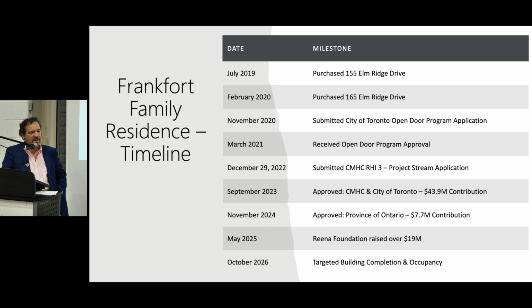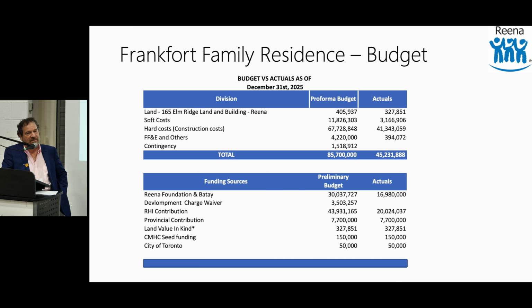The budget model, again, is a total of $86 million all in, and I point that out because we count everything. Whether we end up paying it or not, we see it as an expense. We can take it as a credit on the other side. It's important to frame it that way in your discussions with funders and donors and with Build Canada Homes. If someone's giving you a credit, that means it was an expense. It could have been an expense. So we want it seen as an expense, even if we get it as a credit.